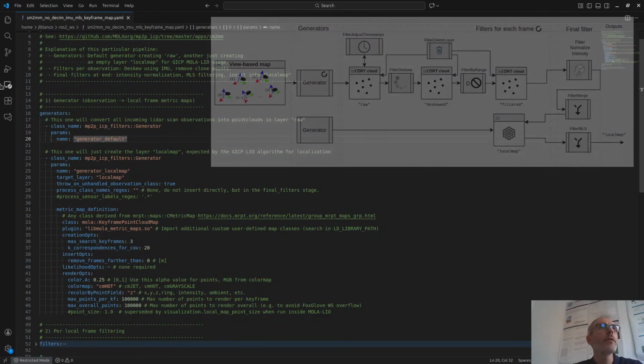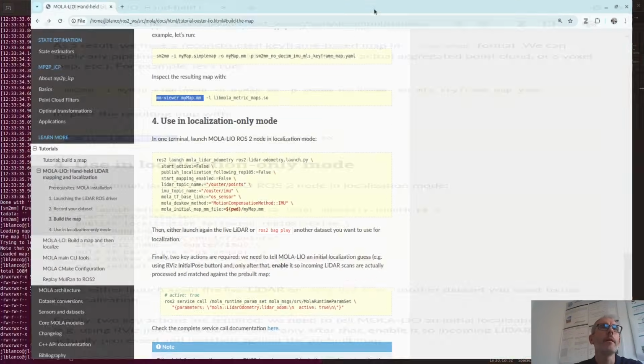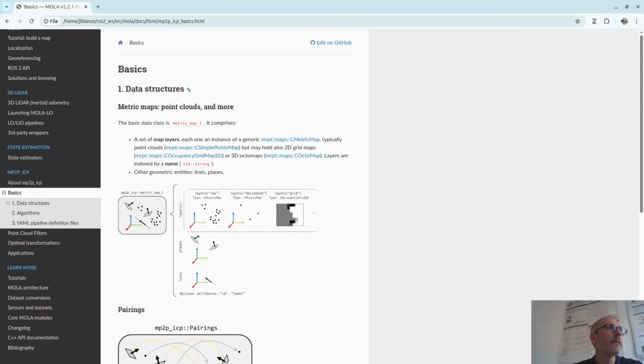Why am I talking about layers, by the way? In the MOLA framework, metric maps belong to this library, MP2P ICP, and the basic structure is this class, metric map type.